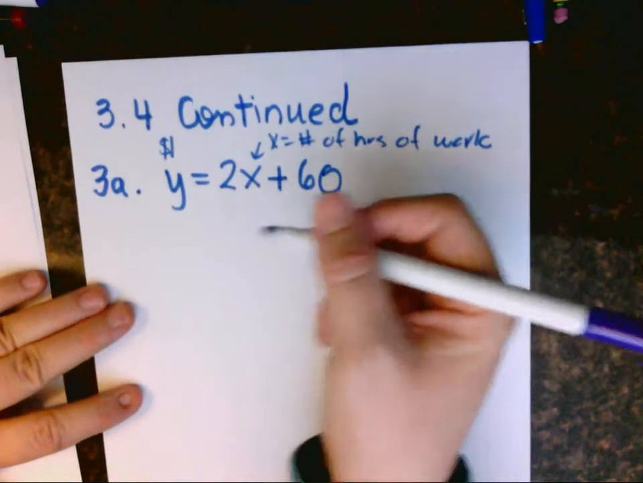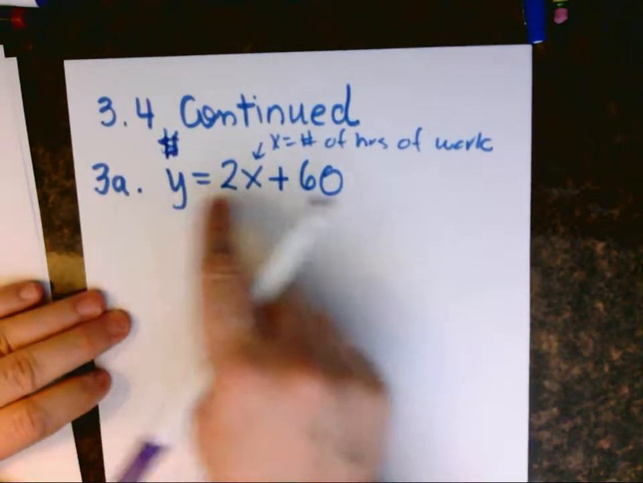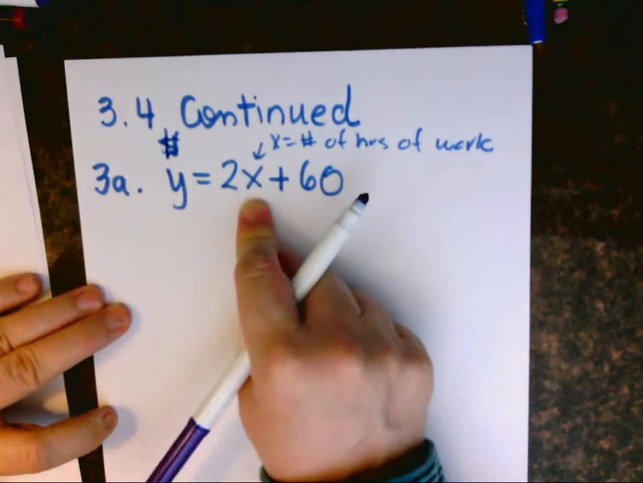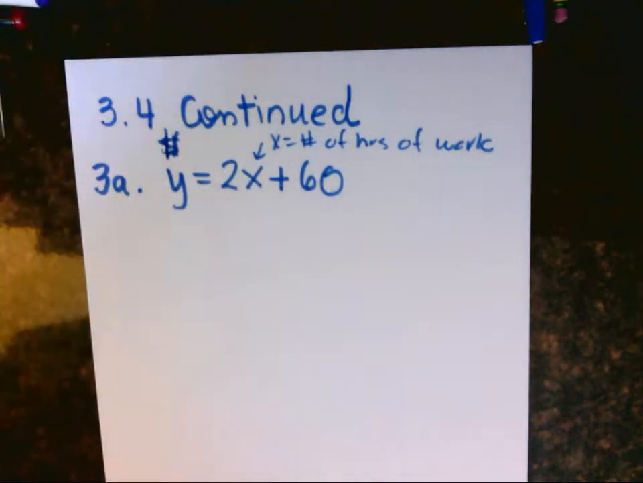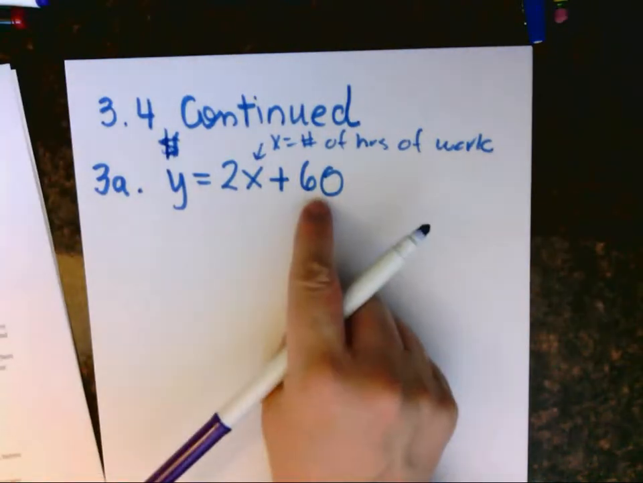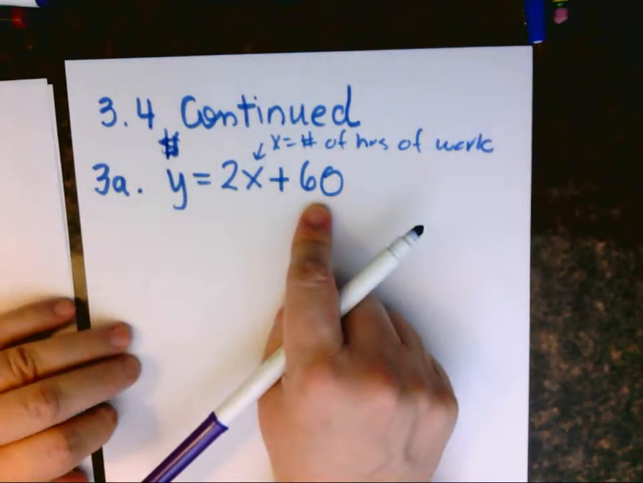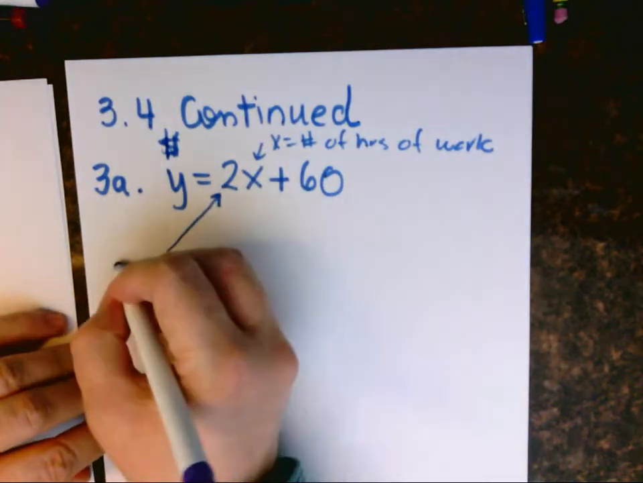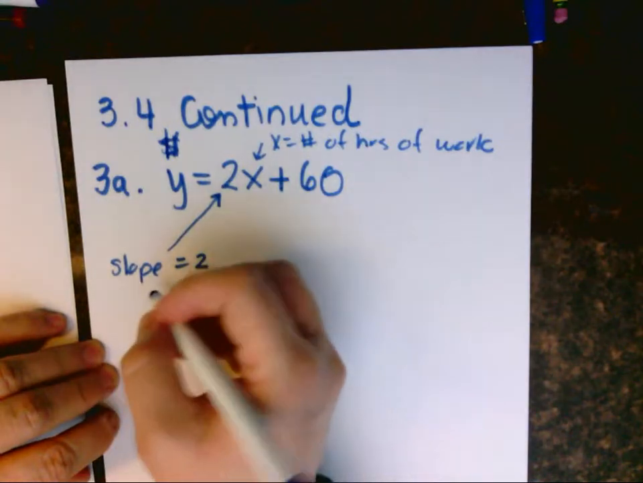Okay, so if this is going to tell us how much we owe, then we're going to be paying $2 multiplied by every hour of work. Is that hour of work? That's hard to believe, isn't it? Yes. And then the 60 must be a flat fee. If they come out to serve you at all, it's going to be like a flat fee. So let's interpret this. This is the slope. The slope is 2. And what it means is